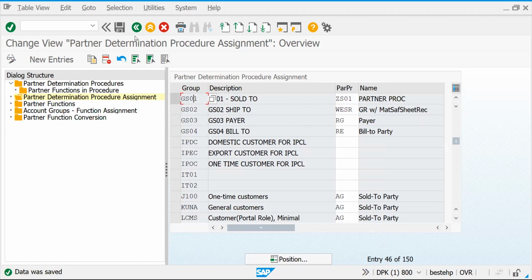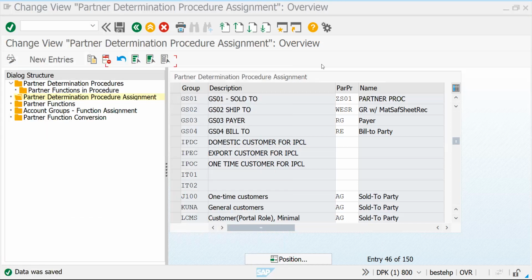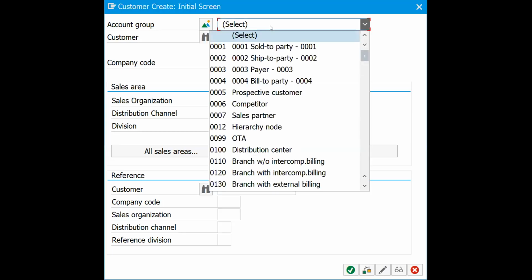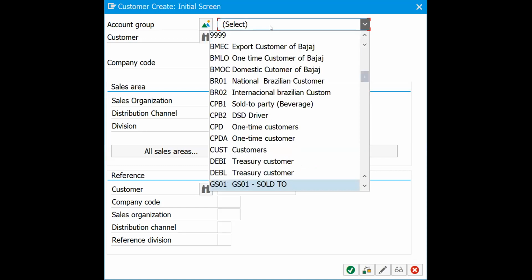Okay, now we will see how the system behaves by creating one customer. Here one more step is pending. How the system behaves we will see now. Now create XD01. Let me share the screen of creation. So yours is GS01 SOL2.